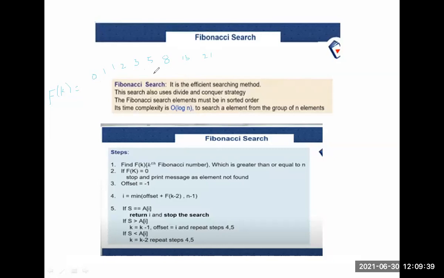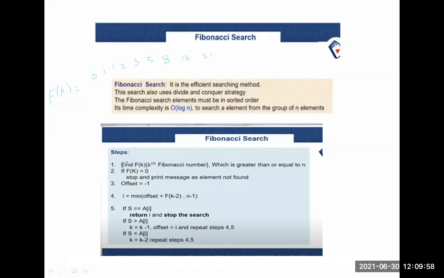So you have to find the searching element in the given data. Just see the example and I will explain with it. This is the algorithm.